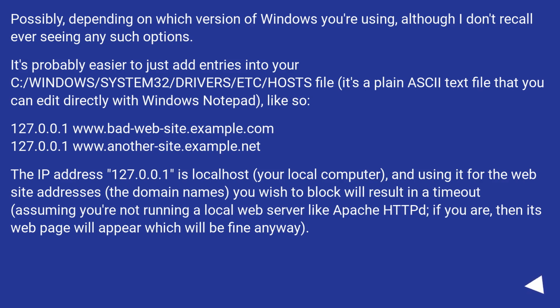127.0.0.1 www.badwebsite.example.com 127.0.0.1 www.anothersite.example.net. The IP address